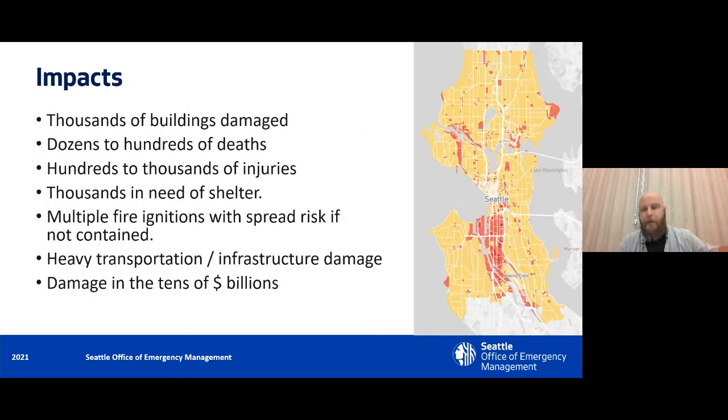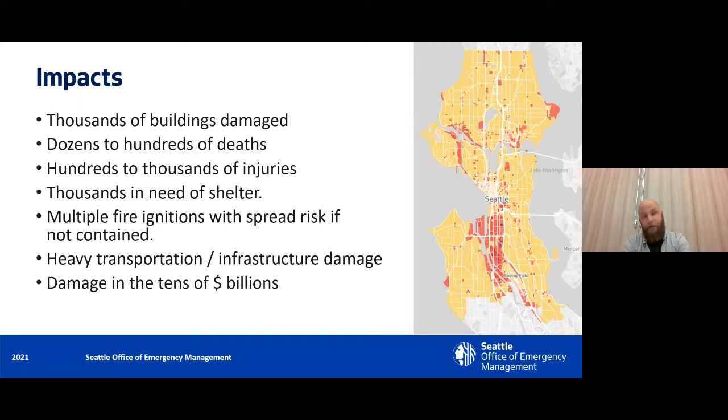So just a little more on impacts. That map on the right is a map that was produced by an earthquake modeling software that we use called OneConcern. And this was a model that was run of the Cascadia scenario. So this is looking at a Cascadia subduction zone earthquake of a 9.0. Those red areas are areas of the city where that model at least predicts we would have heavy building damage, looking at the block level.